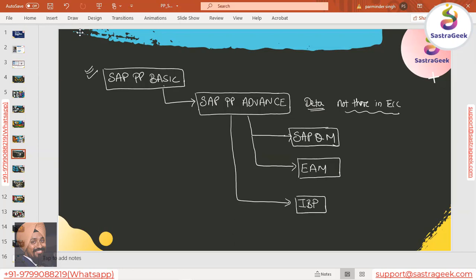So from PP basics to advanced PP, then to QM or EAM, and then to IBP. If you add these 3-4 skills to your profile, whatever the market condition, Corona or anything else, this condition will not be able to shake you. So this is what we recommend.